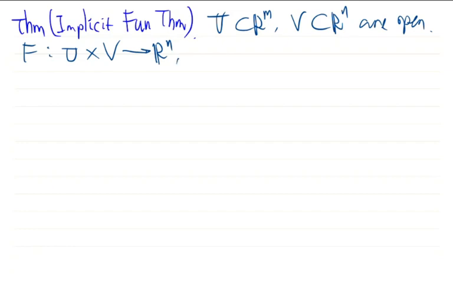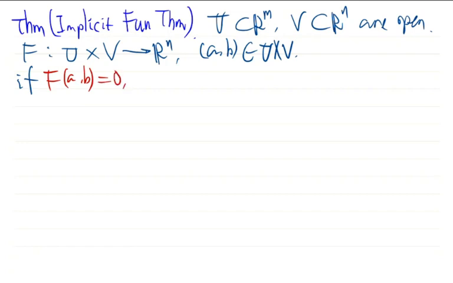And also we have a point AB in U cross V. So the assumption is that F(A,B) is 0, and also the partial derivative of capital F at the point AB,